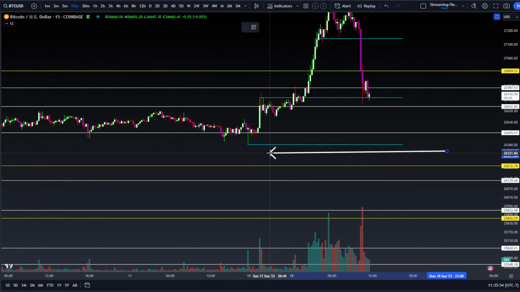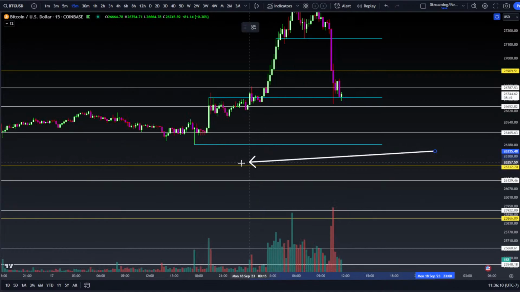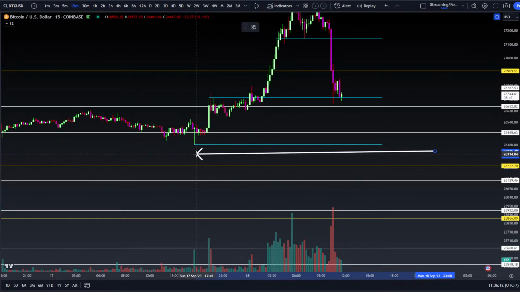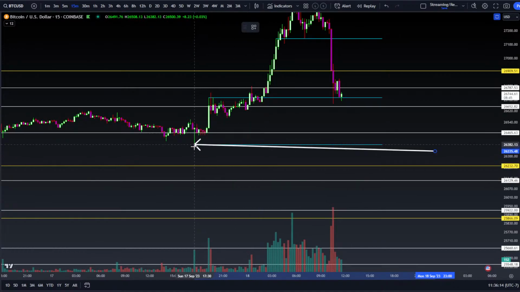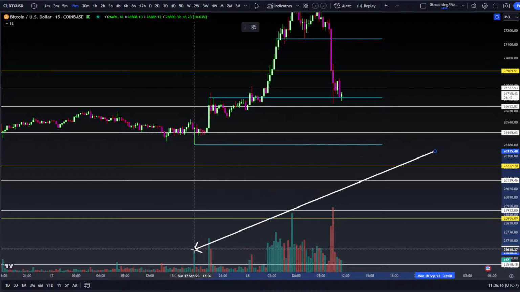We're using this 15-minute chart, but you can really use this strategy with any time frame. Just be sure that you understand that the higher time frames are going to take longer to develop in terms of this particular strategy, and you can still go down the time frames and pick out the areas of interest in terms of higher volume candles. Now, in this case, we saw this nice volume candle right here at about